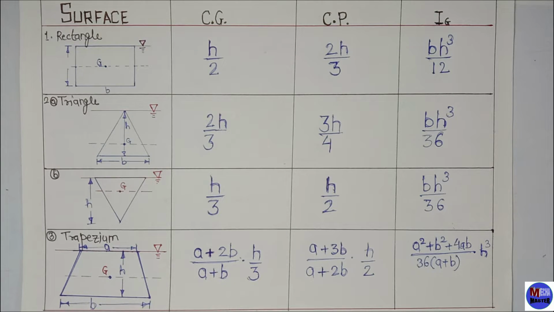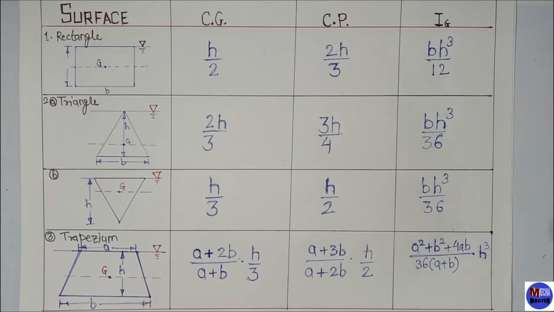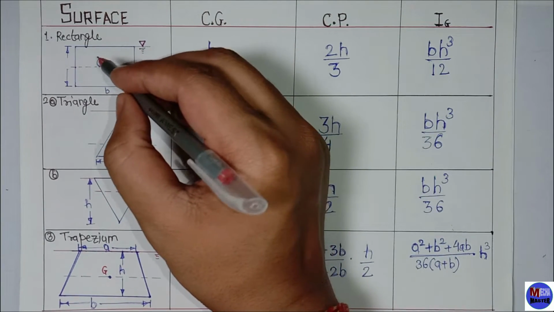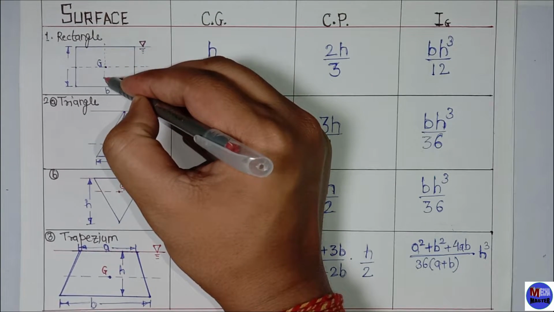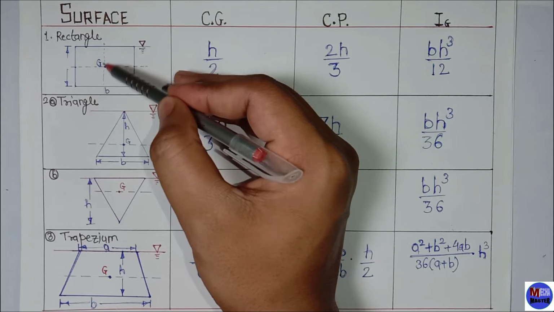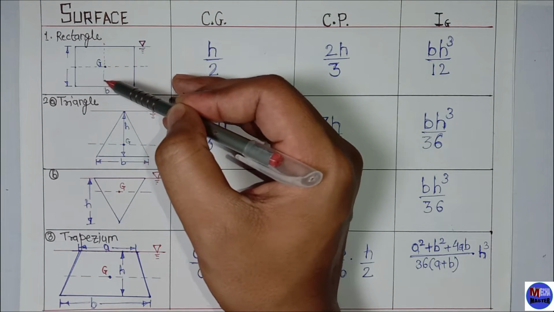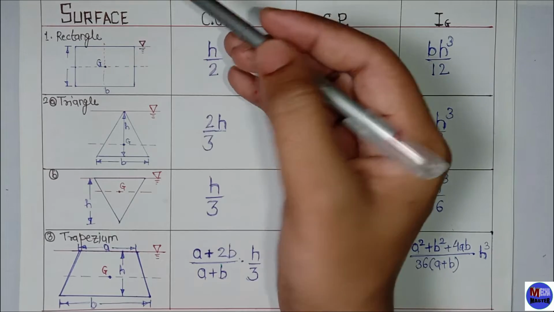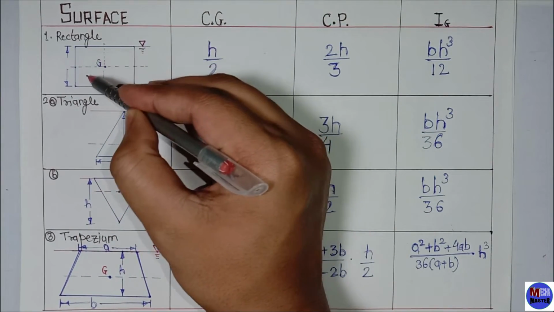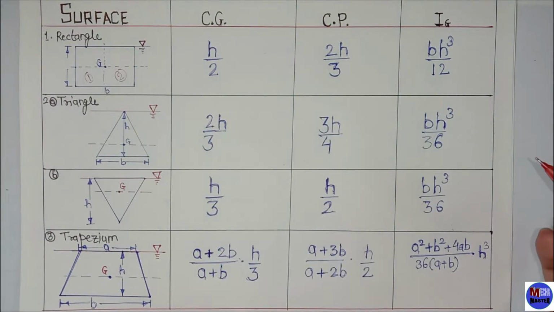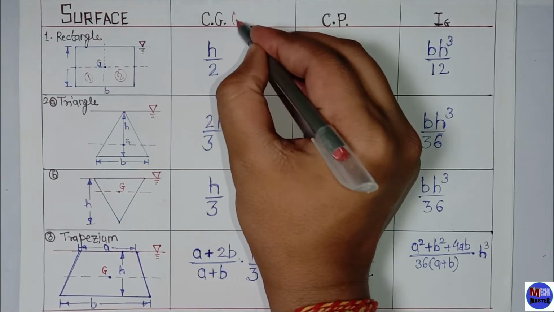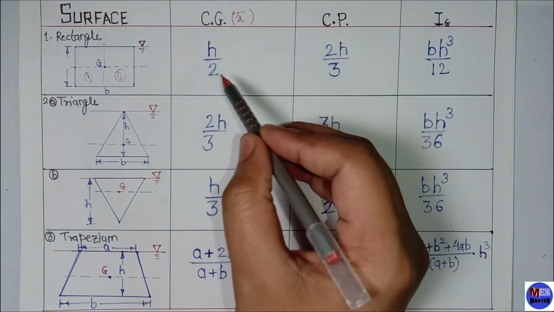There is a trick to find out the center of pressure for the surfaces that touch the free surface of water, and these are the conditions when the surfaces are vertically placed. Now if we draw a vertical line through the centroid, we will see that this vertical line divides this rectangle into two other rectangles. The first rectangle is this one and the second rectangle is this one. What is the formula for centroid or center of gravity for the rectangle? X bar equals to h by 2.